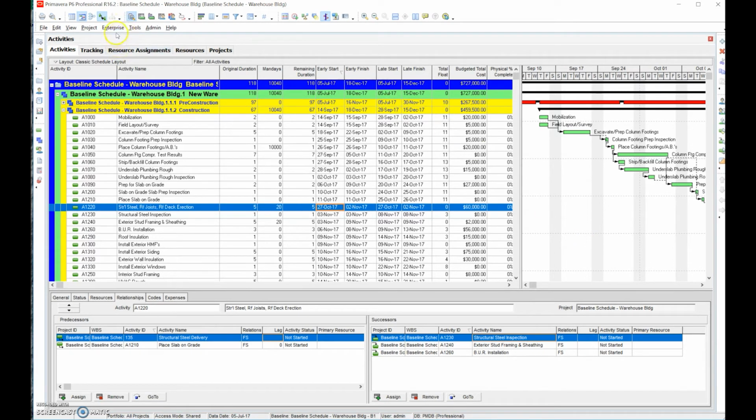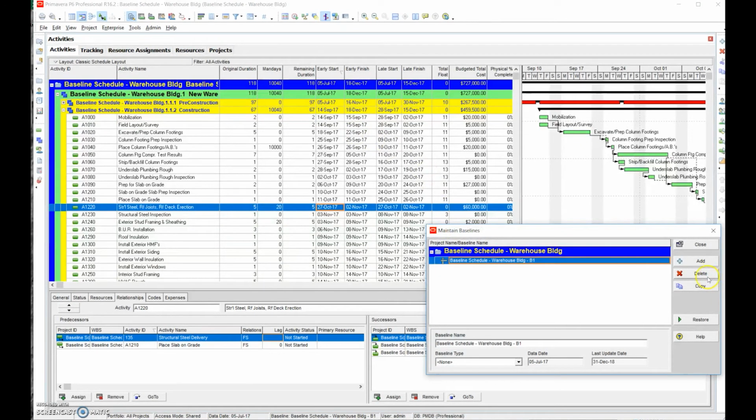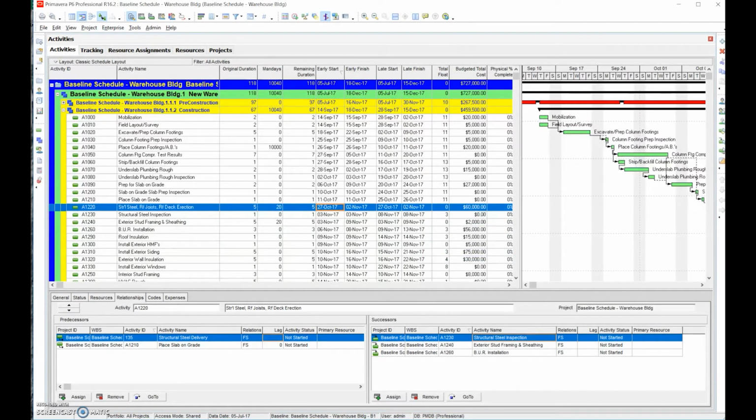If something changes and somebody comes back and says, oh, we need to clear the baseline or set it again, we can simply remove this baseline altogether. And we just hit delete, and we'll remove the baseline. But be very careful when you do this. Only do it if a change has to occur that's supposed to be integrated into the baseline. At this point, you've already had multiple different drafts. People have looked at it. We've done final reviews. So we shouldn't have to go back and clear the baseline,